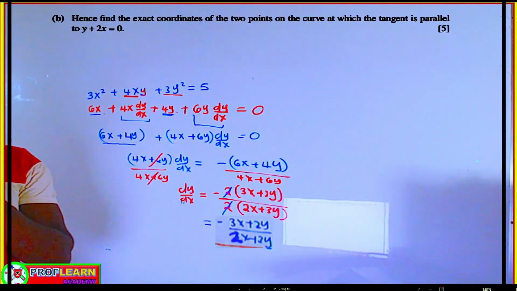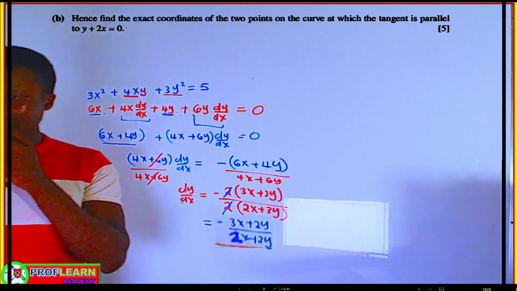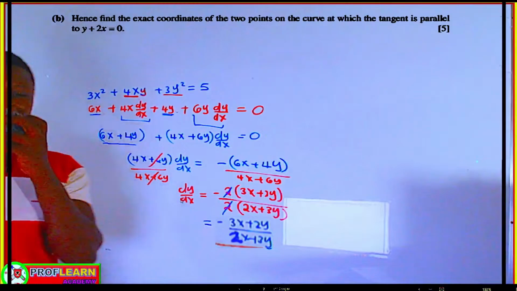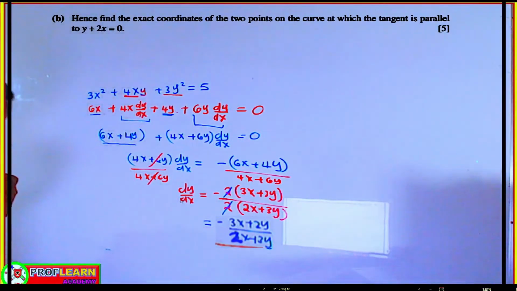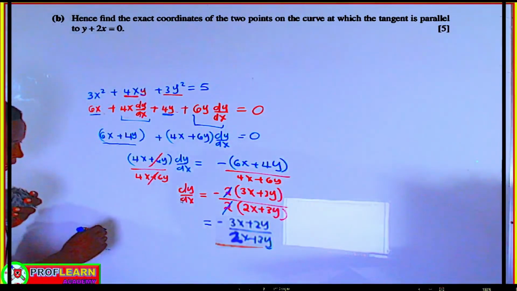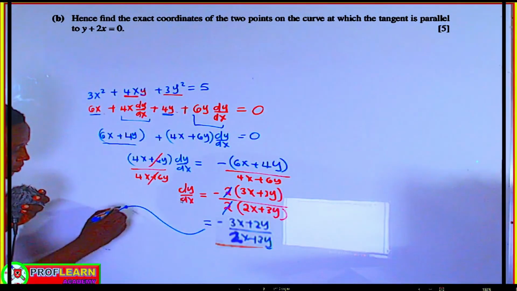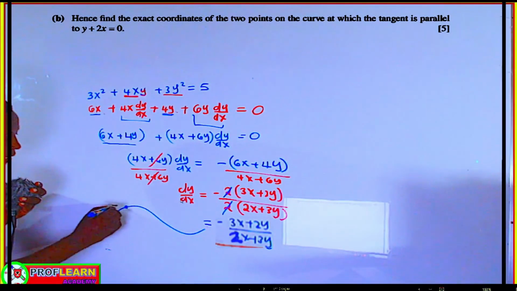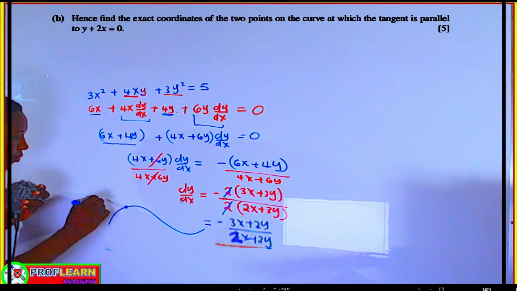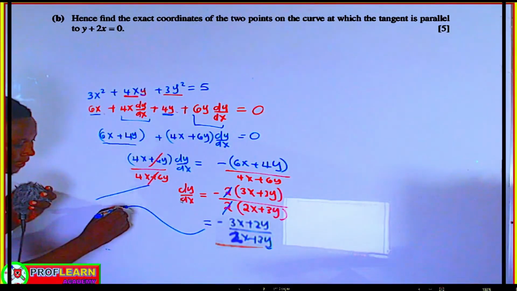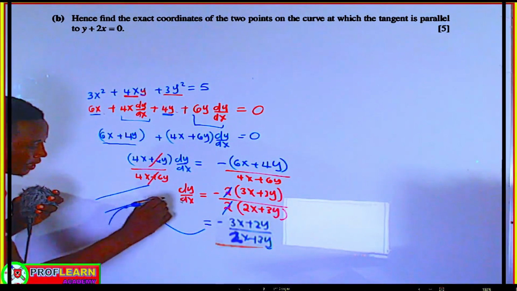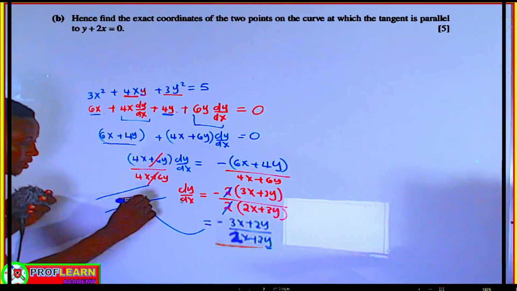Hence, find the exact coordinates of 2 points on the curve at which the tangent is parallel to this. Now, if we are talking of a curve like this, and we have a point on the curve such that we have another line which is parallel to the tangent to the curve. So it means if this is the tangent